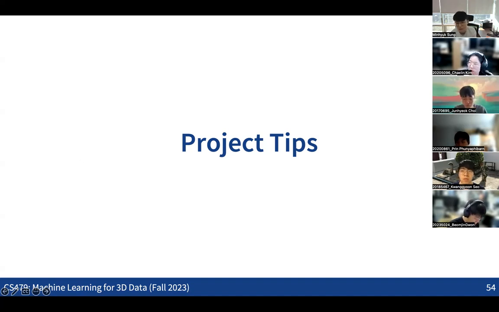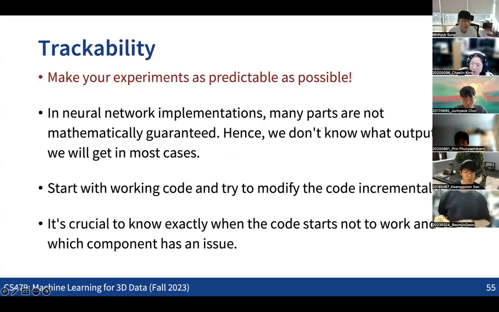Especially for the many undergraduate students who might be doing this kind of course project for the first time, especially with neural net based things. The first thing I want to say is that for your project, the crucial thing is to make the output of your experiments as predictable as possible, right? This is really a difficult thing, especially for many neural net implementations.